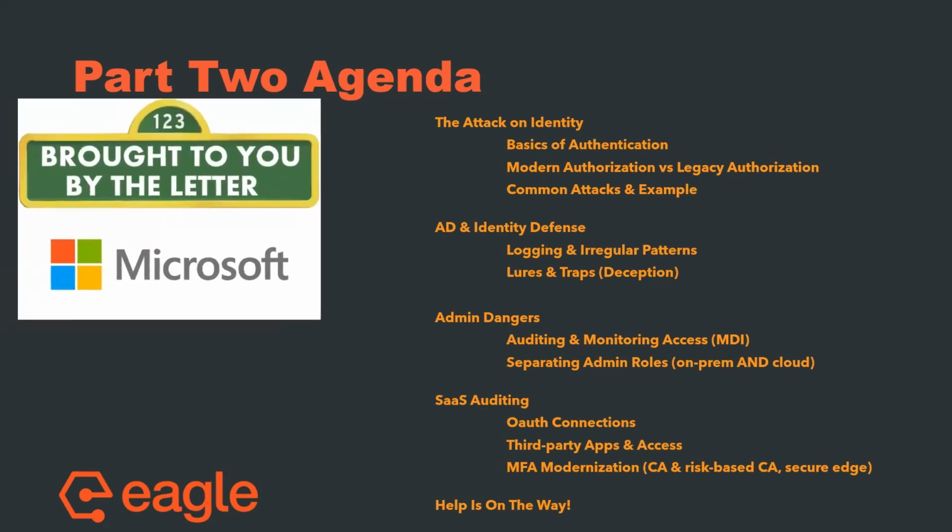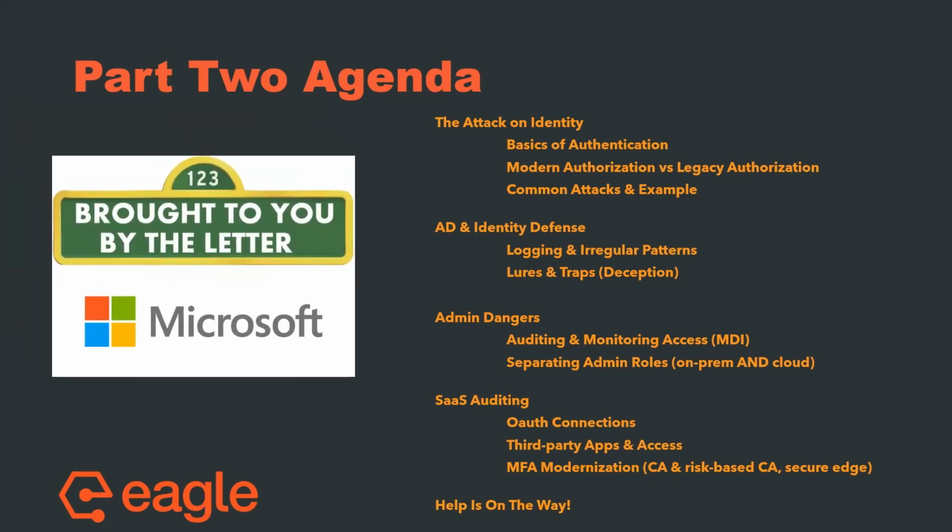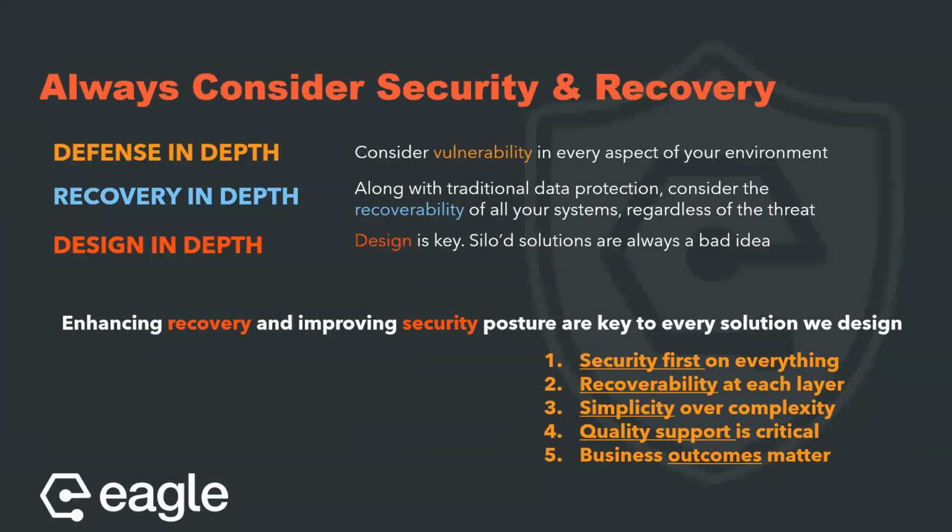The other thing I wanted to point out is that a lot of our examples are going to be Microsoft-centric. The reality is that's where our expertise lies here at Eagle, and that's where a lot of our services live. But I did want to point out that if you're using Duo, Okta, any of these conditional access services, really the risks, the examples, and the mitigations are all relevant. So I hope that you'll still get some good stuff here.